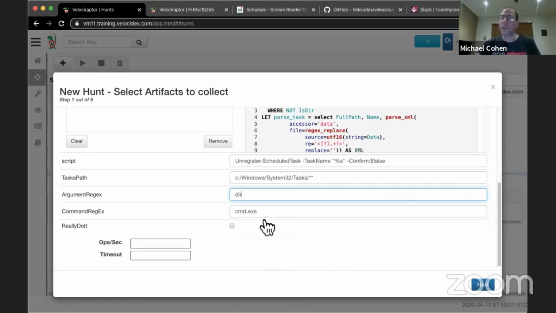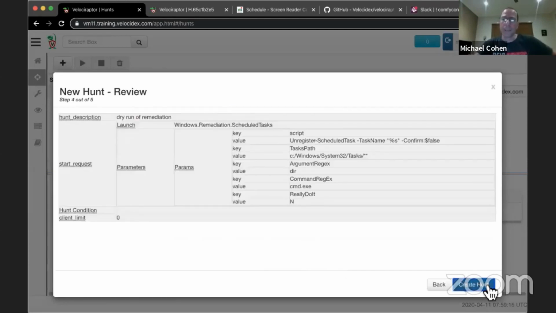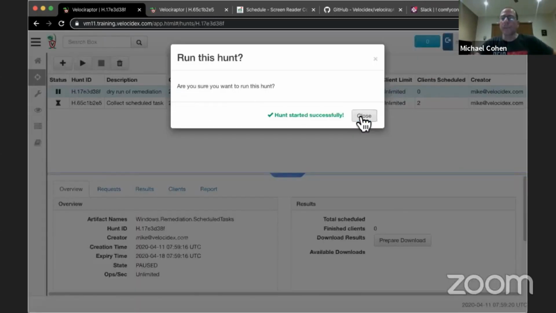It's going to be like a dry run type thing. So I'm going to go like dry run of remediation, for example. So that's what I'm going to call my hunt. And I'm going to go ahead and do that. And I have to start it. And so now